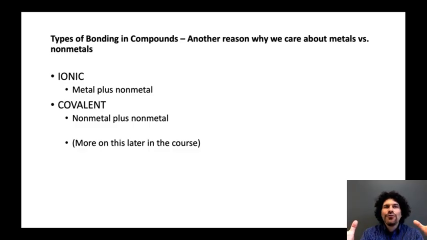The general rule of thumb is an ionic bond is what you get when you combine a metal and a nonmetal, and a covalent bond is what you get when you combine two nonmetals. There is also metallic bonding, which is the bonding within a solid chunk of metal, whether it's a pure metal or a mixture of